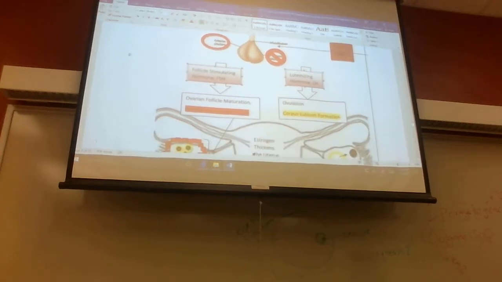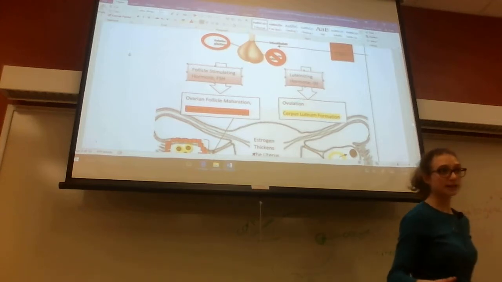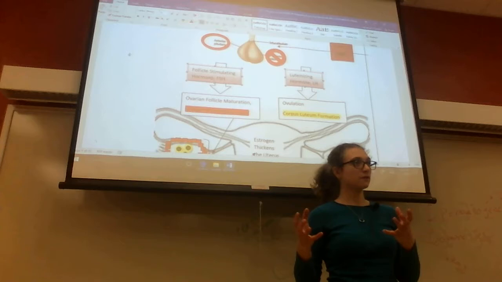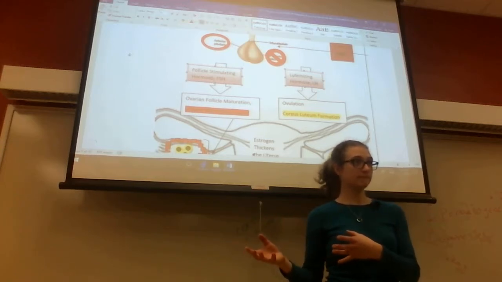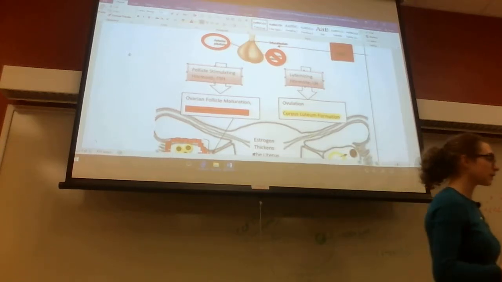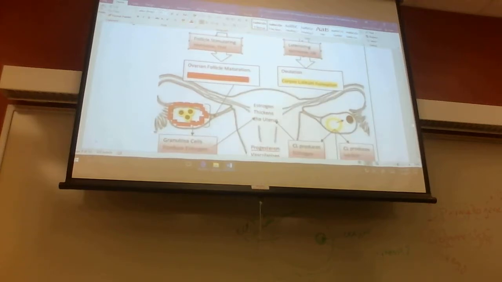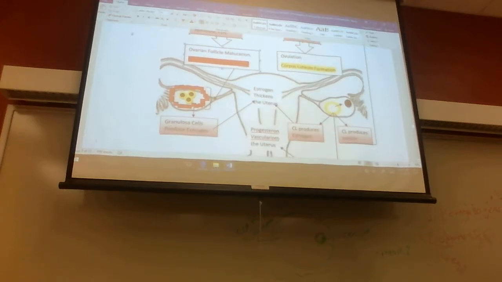Okay, I don't have it up here. In the male, follicle-stimulating hormone went to the Sertoli cells. Sertoli cells produced nourishment for the sperm, right? So we're going to talk about follicle-stimulating hormone. Follicle-stimulating hormone causes ovarian follicular maturation, and this causes growth of the granulosa layer. So the granulosa is this red. So in the ovary,